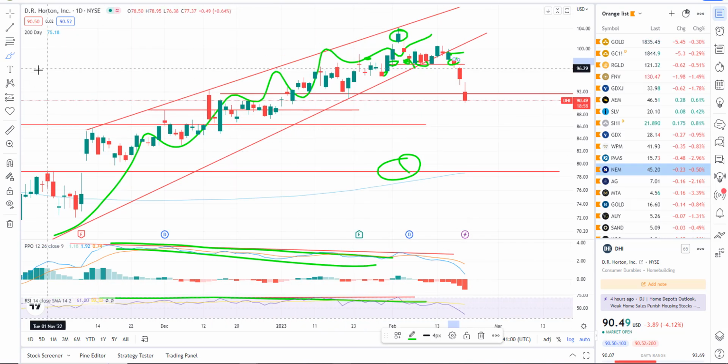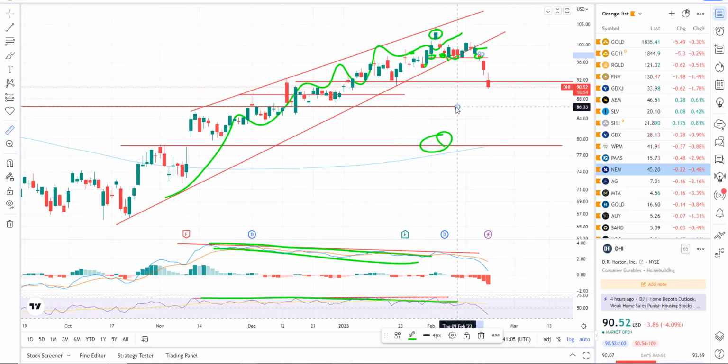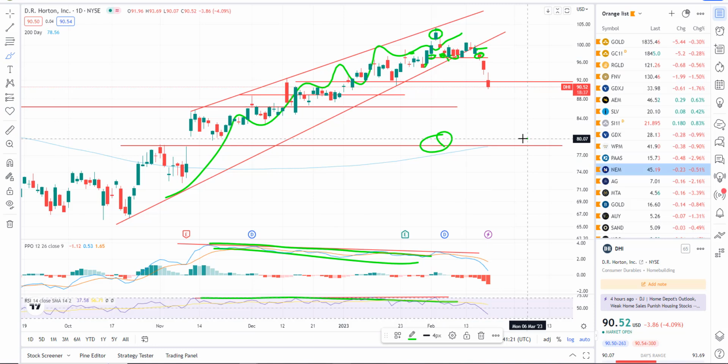So you can see this thing's just kind of dropping off. I see some support. There's a little support right here at 91.50, but we're already down below there. Maybe a little bit of support down here at roughly 86.65, but I see this gap down here, and this is really the cleaner target right down here. Gap in the 200-day down around $78, $80, somewhere right in there would be my target. So I still like it. I think we're heading probably straight down there.